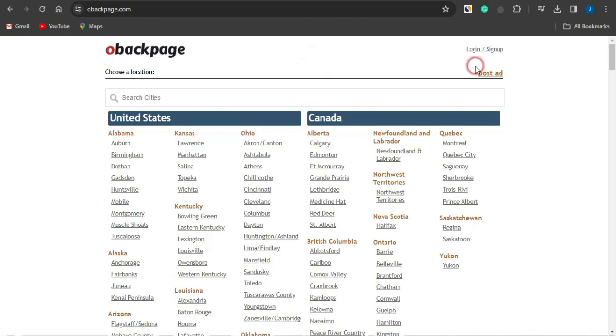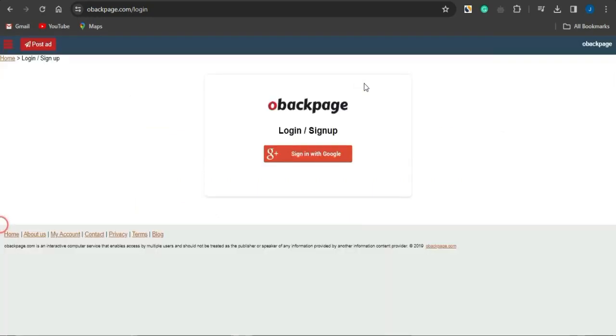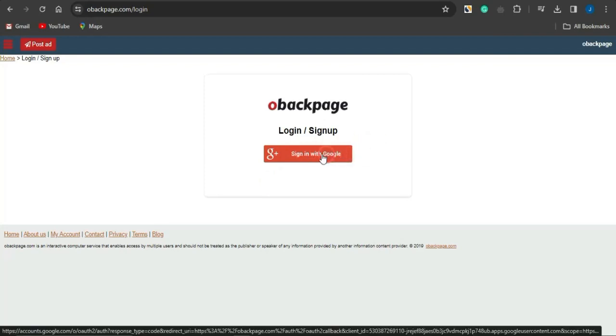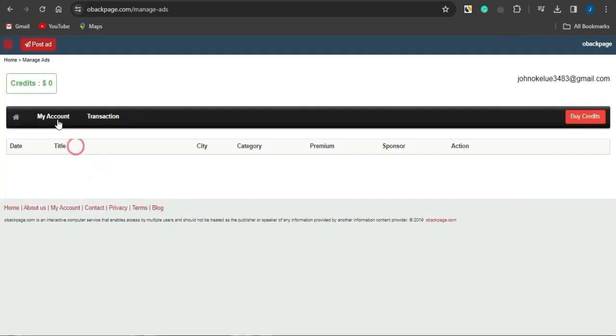Once you head on to Backpage, you want to simply click on post ad right now, and if you do that right here guys, you'll find out that this is an amazing free ad platform you can utilize to get traffic to that particular CPA marketing offer. So right now all you need to do is sign up with Google or your email address. Once that has been done, come right here, click on post ad right now,